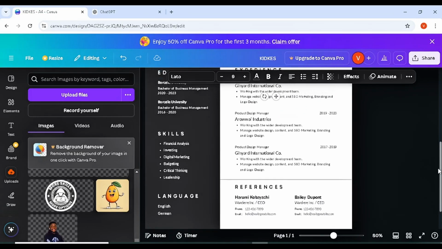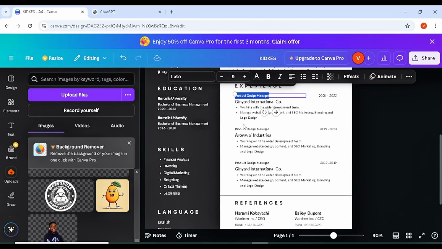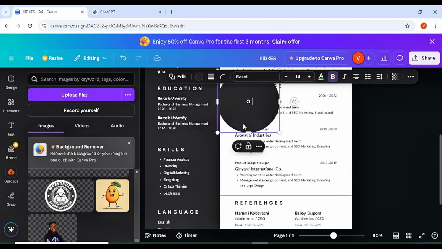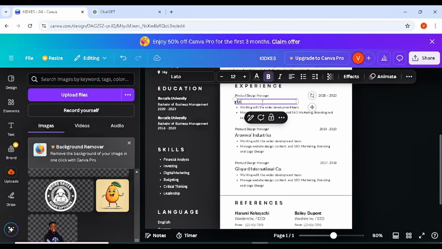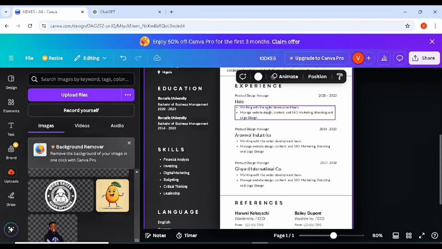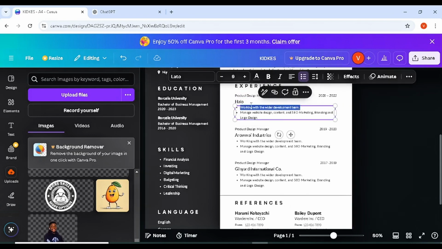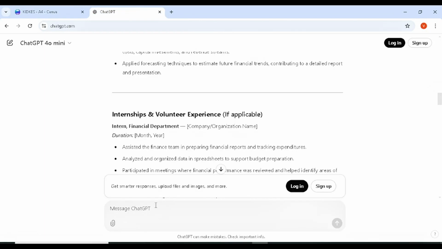All right, but the same thing applies. Let's say I worked in Hello company, for example. So let's say I worked in Hello. Let's just say Hello as the product design manager, right? So all I have to do now is to start listing, okay, what I did. I can simply come here to chat to give me the jobs or the activities